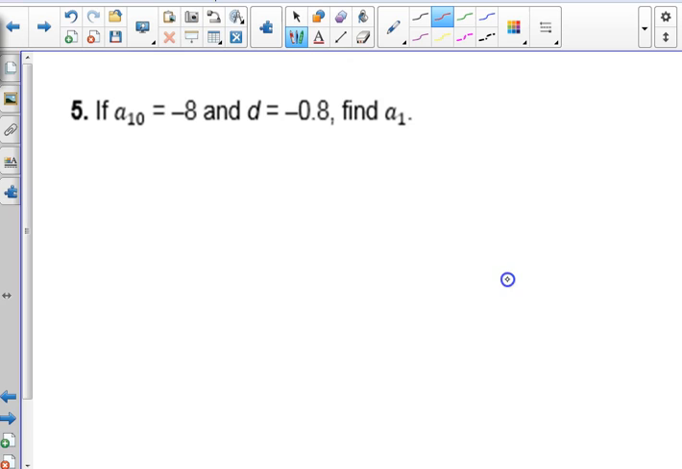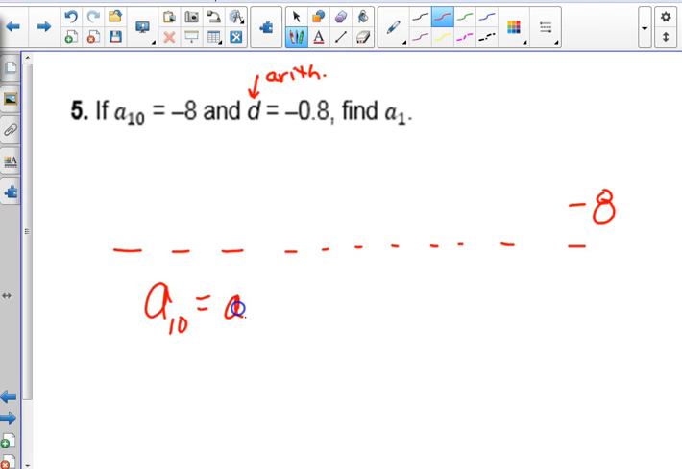Okay, this says the 10th term. This tells us that it's arithmetic because it gives us a d value. 1, 2, 3, 4, 5, 6, 7, 8, 9, 10. Out here somewhere is -8. We could just keep adding backwards. Otherwise, if we went with this,